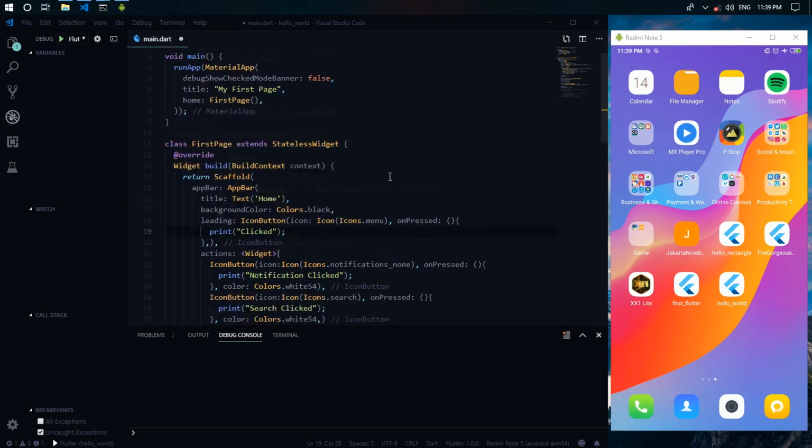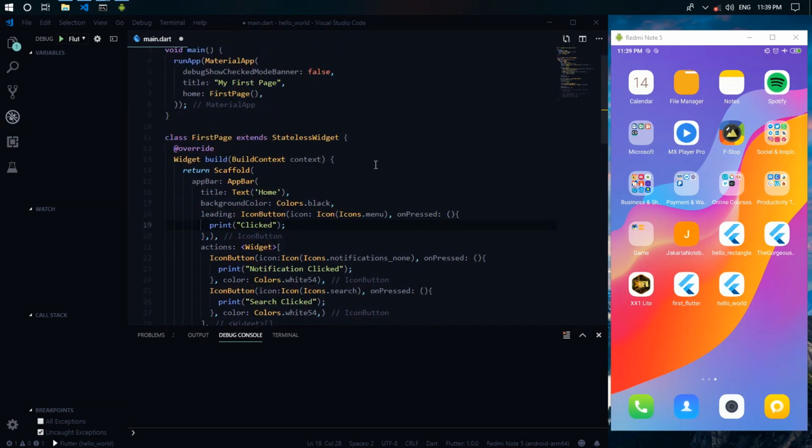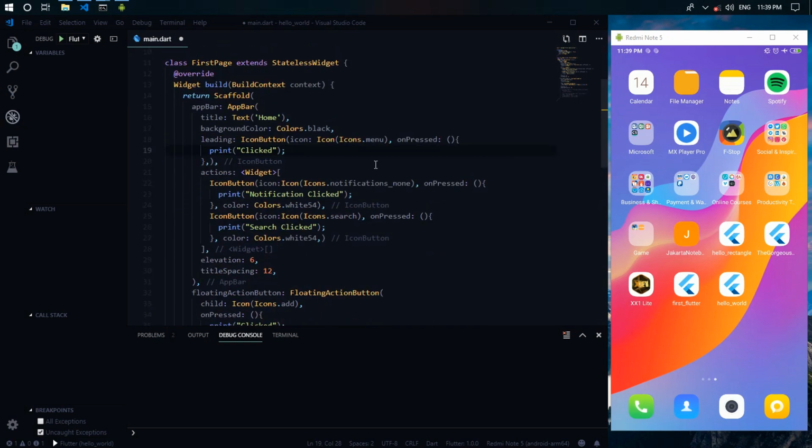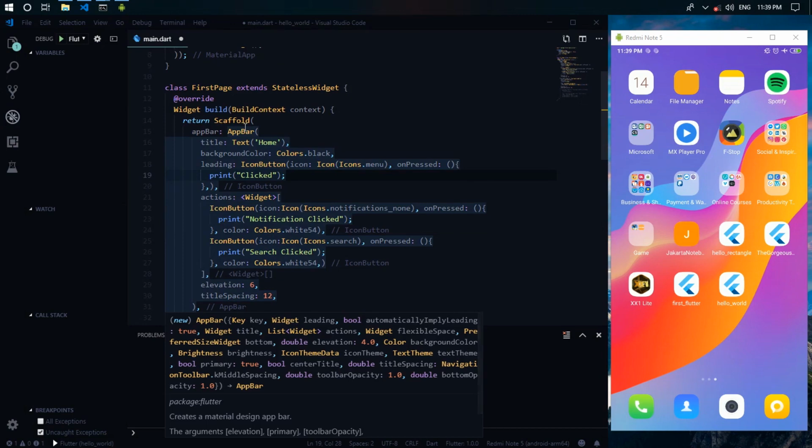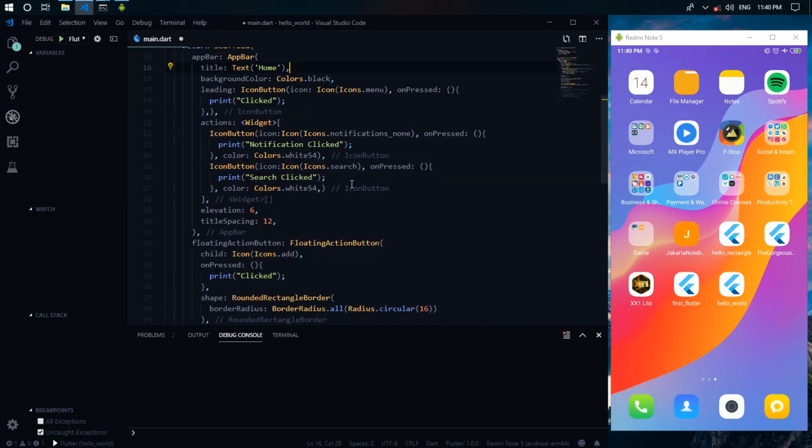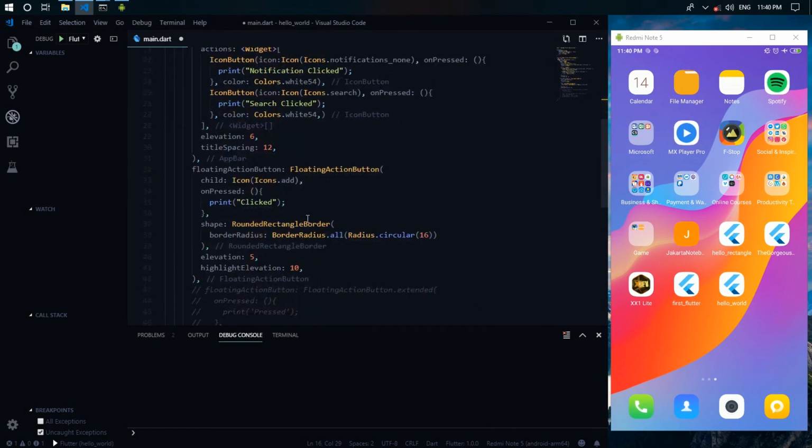Before we start, open the previous project file, linked in the description below. As we can see here, in the previous section we created a floating action button inside the scaffold widget. Now, let us add a text to the body of our app.